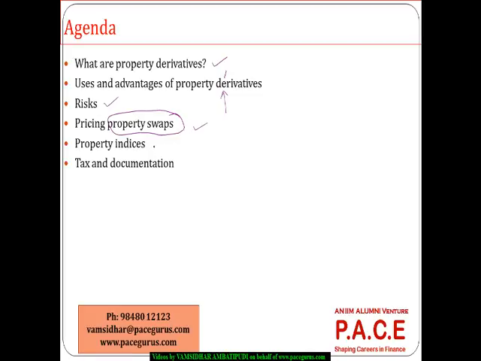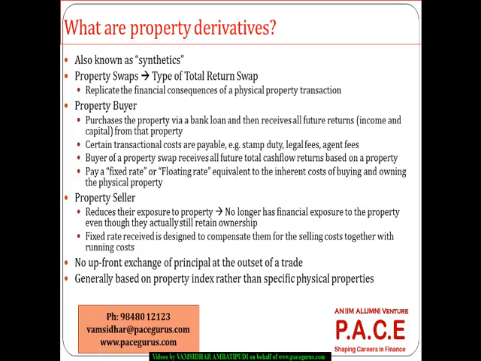And most of these property derivatives use property indices as the base. So what do we mean by property indices and how are they constructed? And towards the end, a little bit about the tax and the documentation aspects associated with property derivatives. So just to understand,